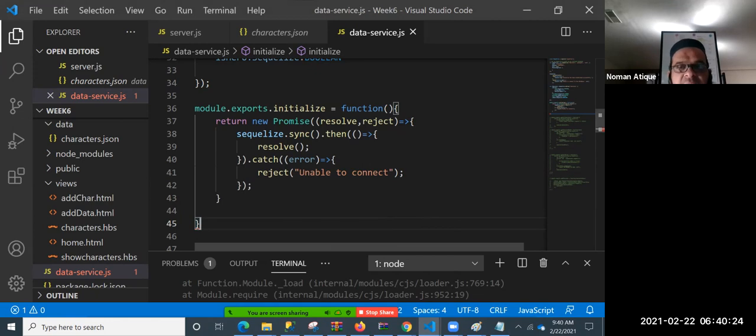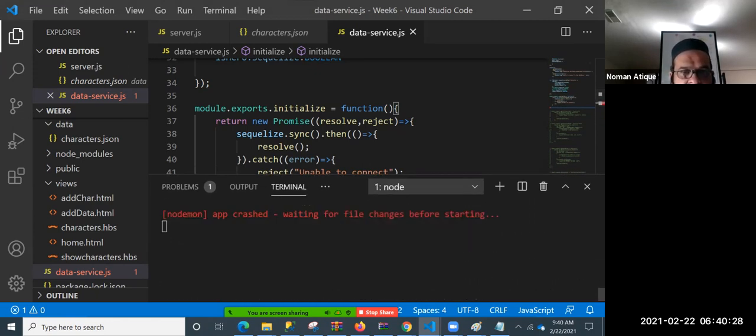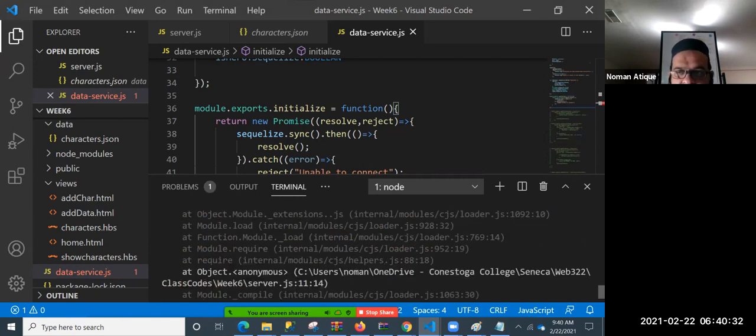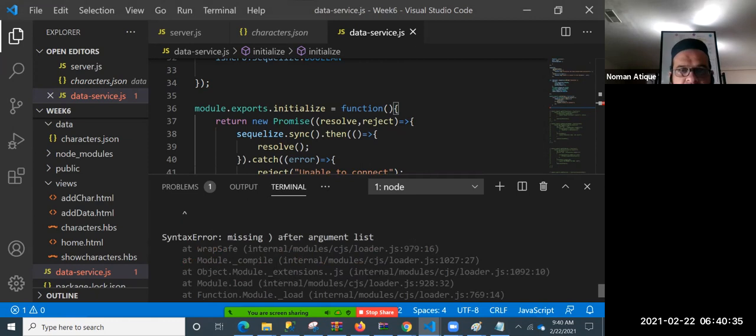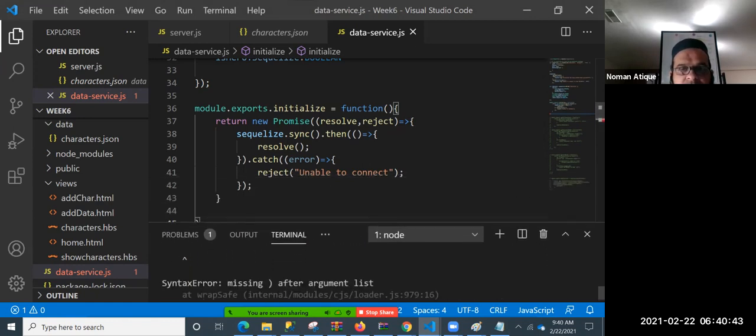Let me save that and see if it still gives that error. And it says, oh, this is missing this one after argument list. This one closed and this one closed, and looks like